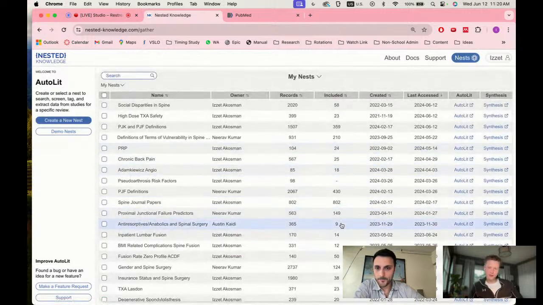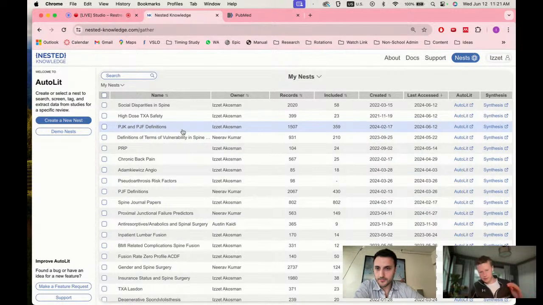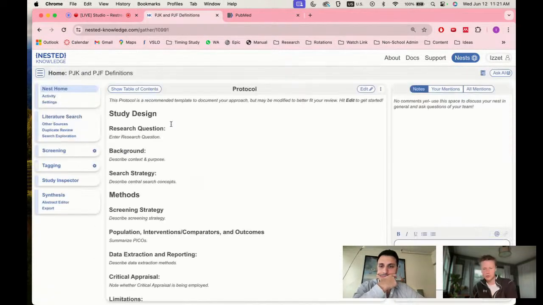Okay, let's talk hacks. So you've done some things here like that. Obviously allocation is typically a business feature, and the way our users use it, that's kind of how that works. But you've been able to figure out how to do allocation with just tagging, which I think is great. It's just thinking outside the box to get something done creatively. What are some other hacks, things that you use nested knowledge for, maybe in a way that it wasn't necessarily intended to be used, but it's helped you get work done more quickly?